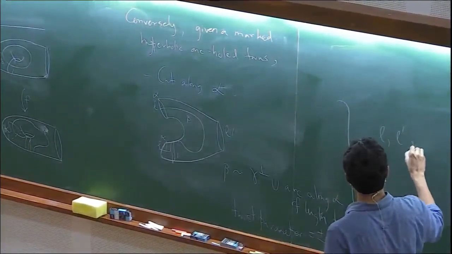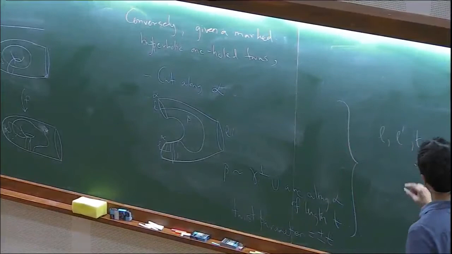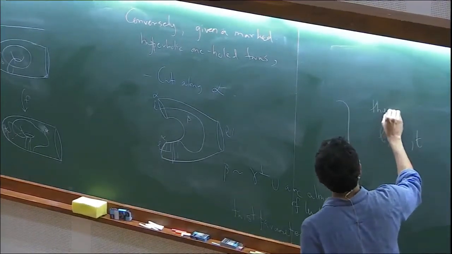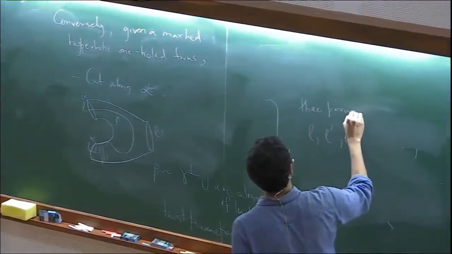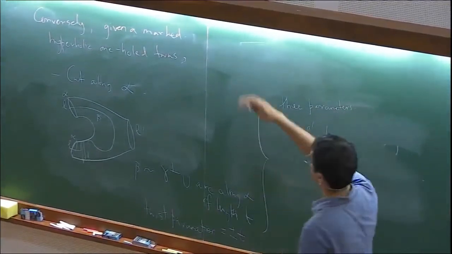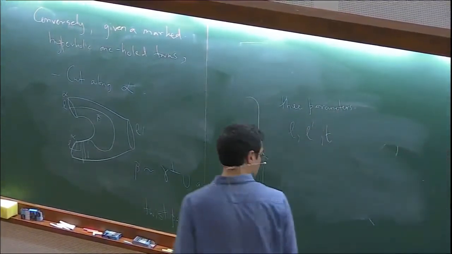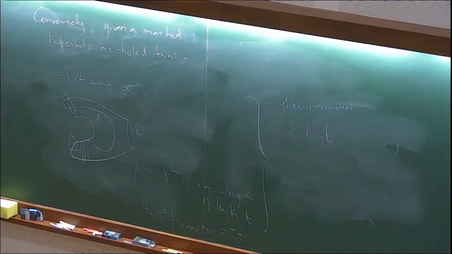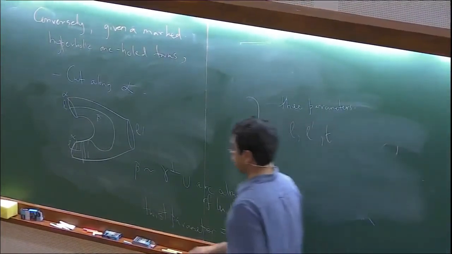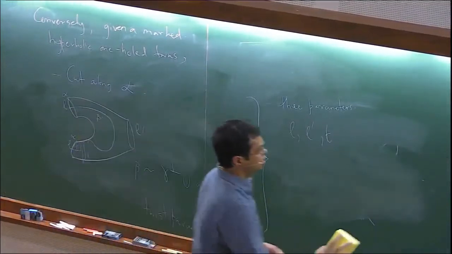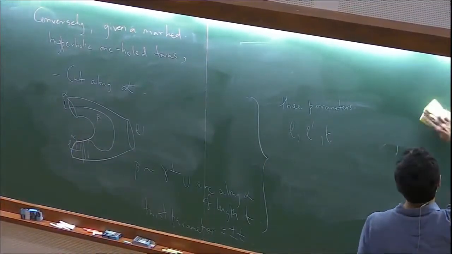determines 3 parameters, L, L prime, and T. So, and these can completely specify this marked hyperbolic one-hole torus. Okay, so a consequence of this is the fact that the Teichmuller space of a one-hole torus